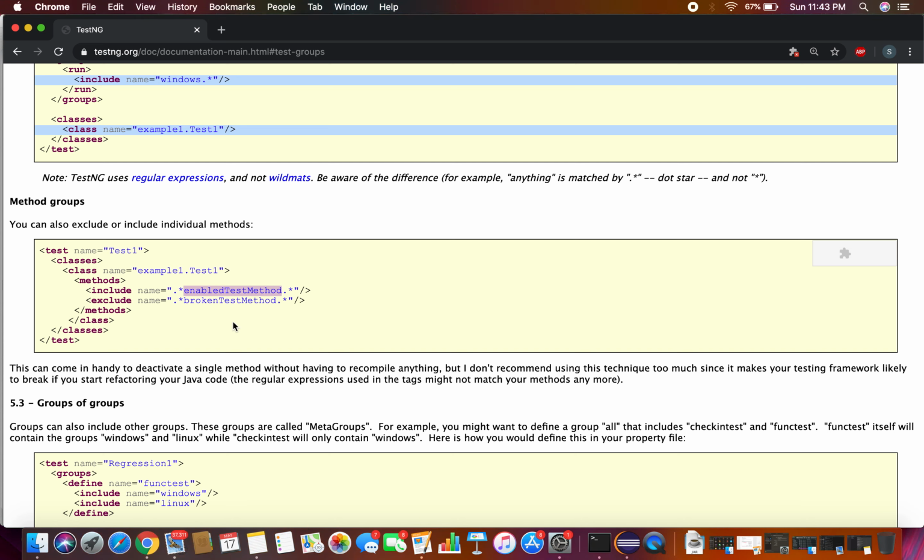But this is really not advisable. Even on their website they have mentioned, see, I don't recommend using this technique too much, since it makes your testing framework likely to break if you start refactoring your Java code.